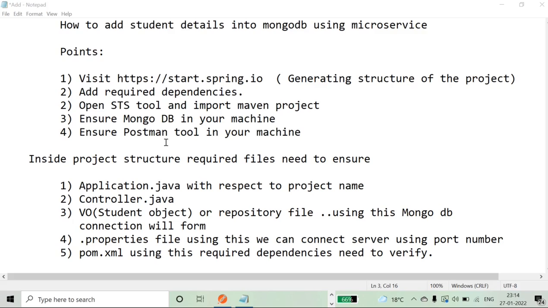Hello. Now we are going to see how to add student details into MongoDB using microservice. Before doing the practical session, we need to understand a few points. Point number one, we need to visit